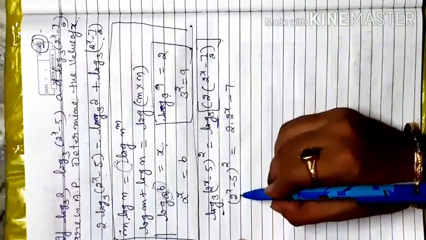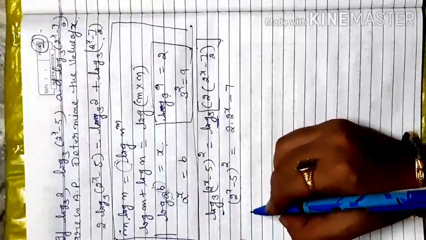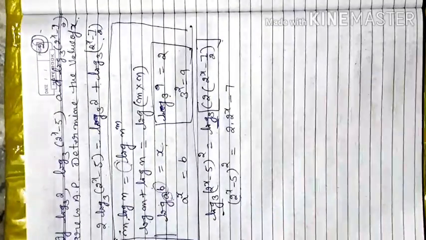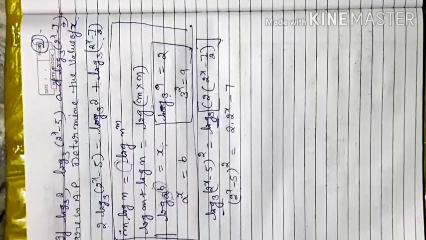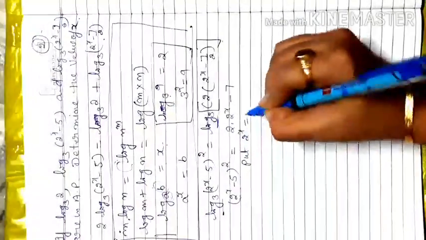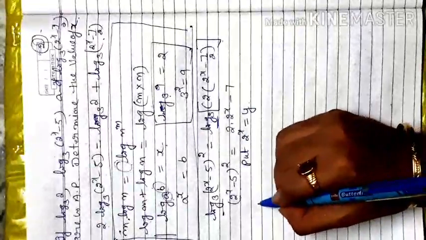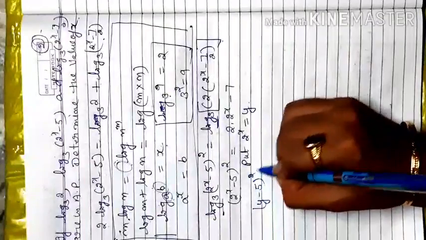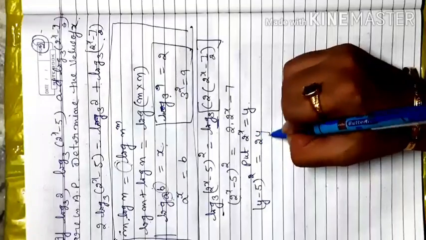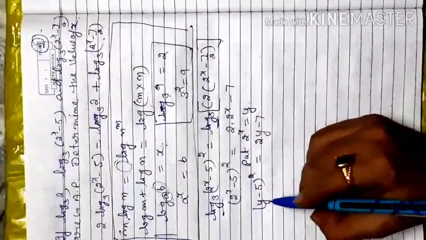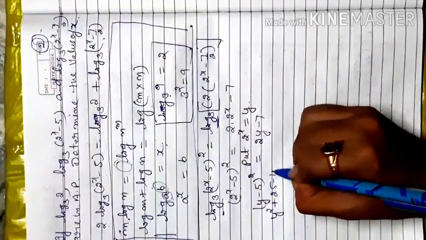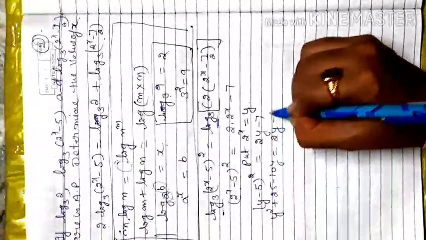Now you have to apply the (a minus b) whole square formula. Before applying the formula, it will be easier if we substitute, because sometimes 2 raised to power x causes confusion. So put 2 raised to power x equal to y. Now I replace 2^x with y, so it is easier for my calculation. Then after finding the y value, I replace back in the 2 raised to power x form. So that becomes 2y minus 7. Now I apply the (a minus b) whole square formula: y square plus 25 minus 10y is equal to 2y minus 7.